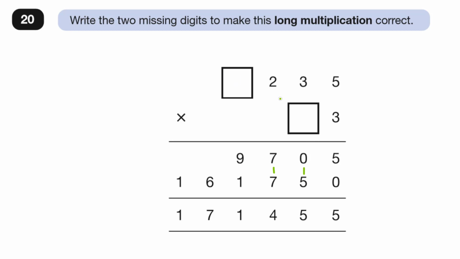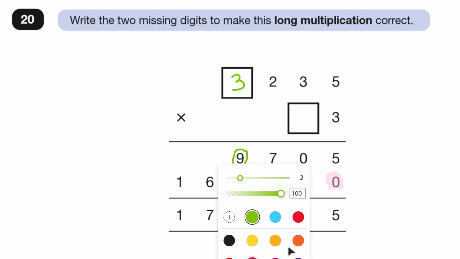Now something times 3 is 9. Well, we know that 3 times 3 is 9. Okay, so that's our first bit. Now, when we go to the next line, this bit is just our placeholder, isn't it? Okay, so for this next bit, I'm going to use a different colour just for demonstration purposes. So 5